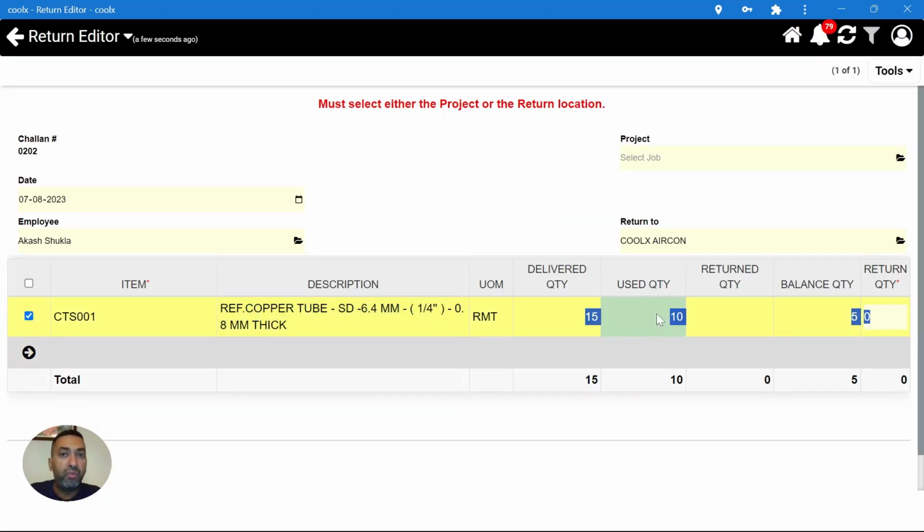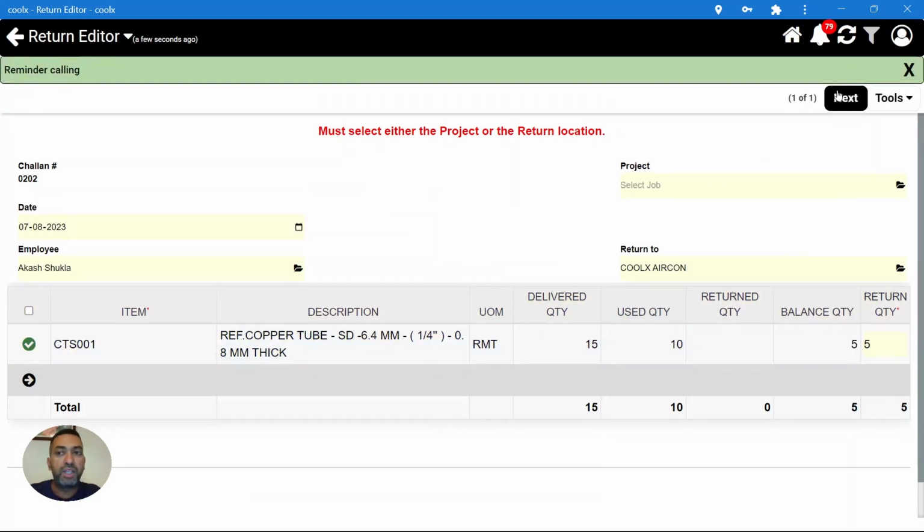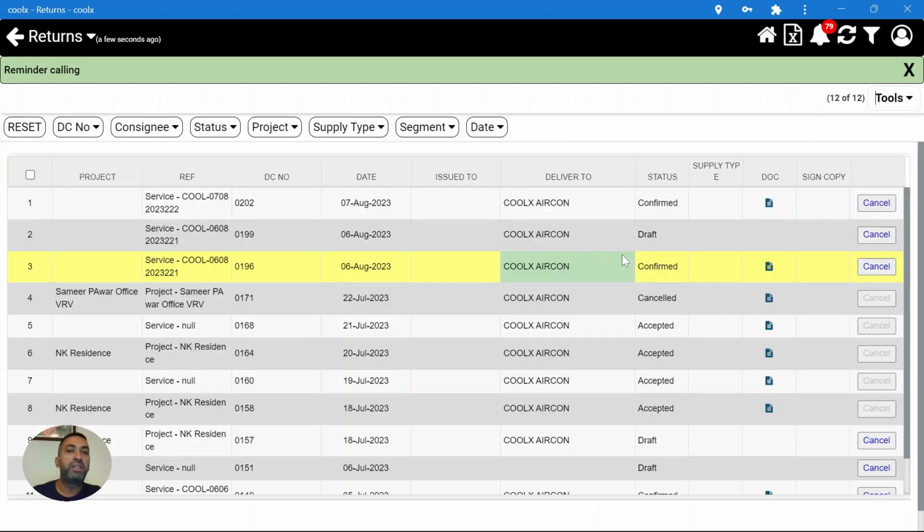Remember, we had invoiced for 10, which means the balance quantity is 5. These 5 meters need to come back. So if we get the 5 back, we write that down, and then the whole thing has added up. In case 5 meters did not come back, you know that there has been a loss. So we save it, and that completes this particular task of